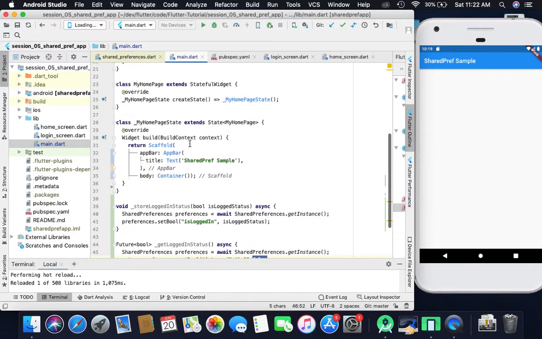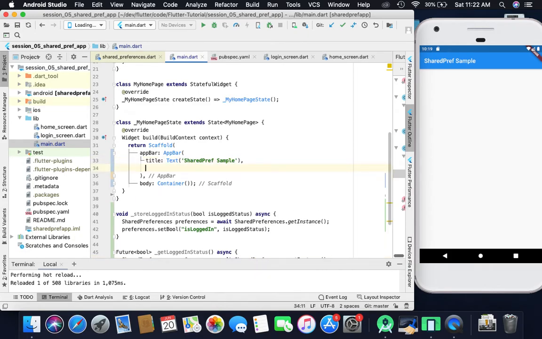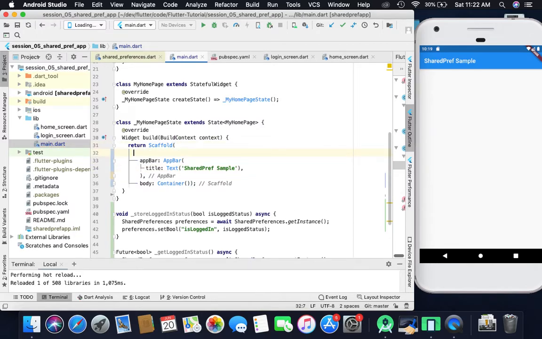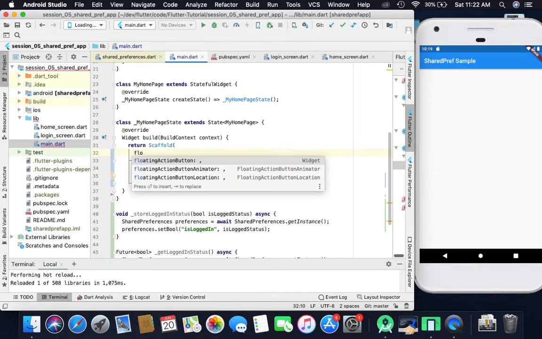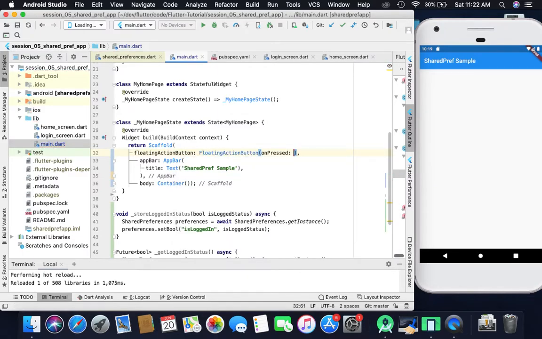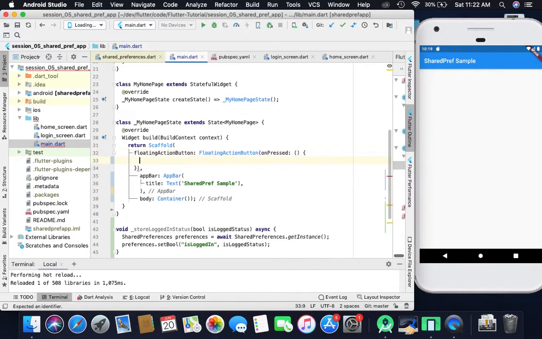So now we will add one floating action button for storing that value. We will add it inside the scaffold, floating action button, and here we are having onPressed. So inside onPressed we are just calling that method name. So here I will mark it as true,